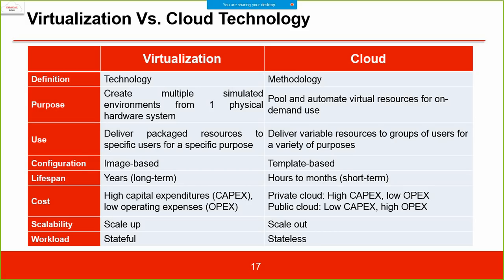Whereas in cloud it's variable resources. You don't package anything, you don't group anything, because we are using a pool and we are scaling out, which is template based. So you can add resources. There's nothing called fixed size of resources. Even if you're talking about two virtual machines, you can scale out automatically also. There's nothing called package, nothing called predefined, nothing called a list of pre-existing resources which is delivered and charged fixed. No, we can change anytime.